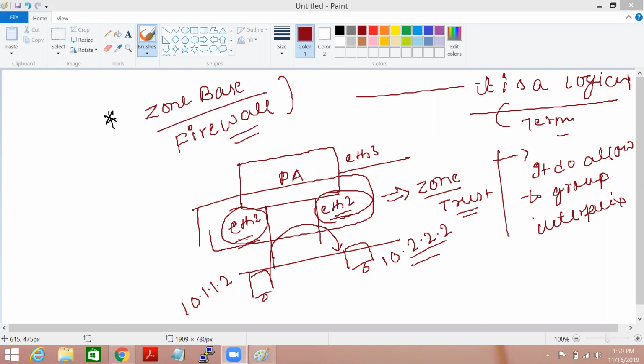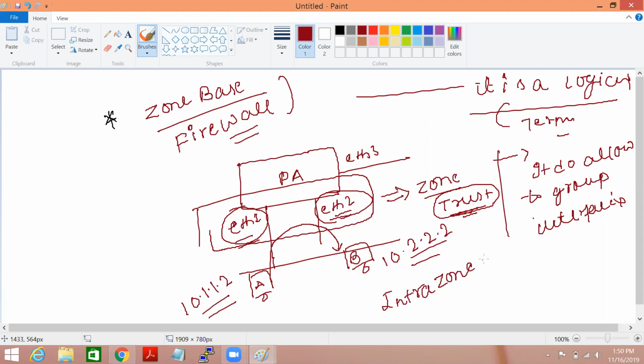Okay. So guys, I'm talking about zone-based firewalling. Let's say these two interfaces I put into a zone called trust. If I send traffic from A to B, this type of traffic we call same zone traffic or intra-zone traffic in terms of Palo Alto.